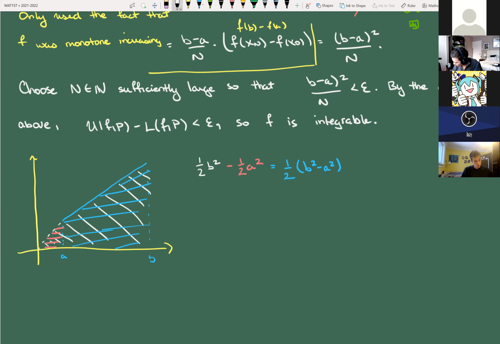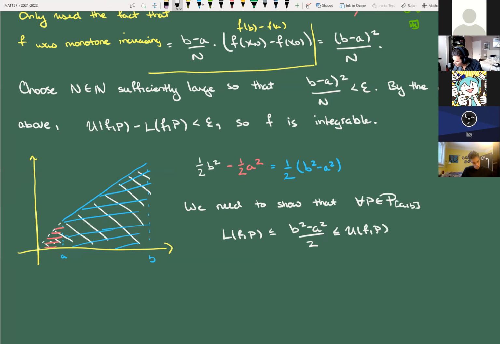So we need to show that, maybe let me put the for all up here, so for every partition, or maybe let me write that as b squared minus a squared all over 2 is like this. Or you could try and do a sup of the lower sums or an inf of the upper sums. I think that's probably a little bit trickier in this case. It might still be doable, but there is actually a much faster way. And I give you a very similar hint in the assignment. So what I actually want to prove,